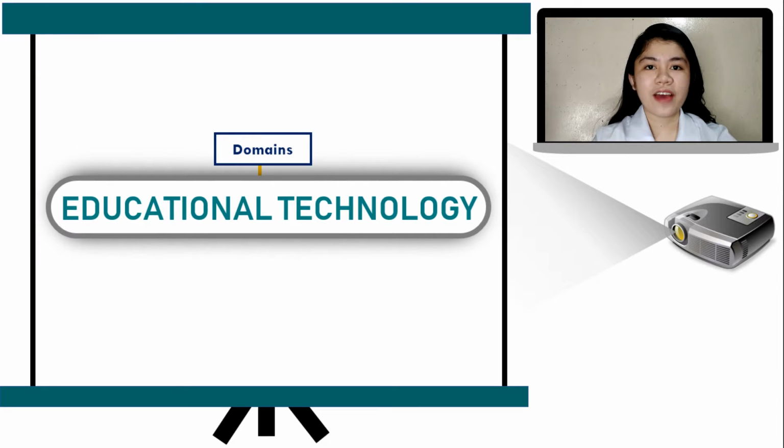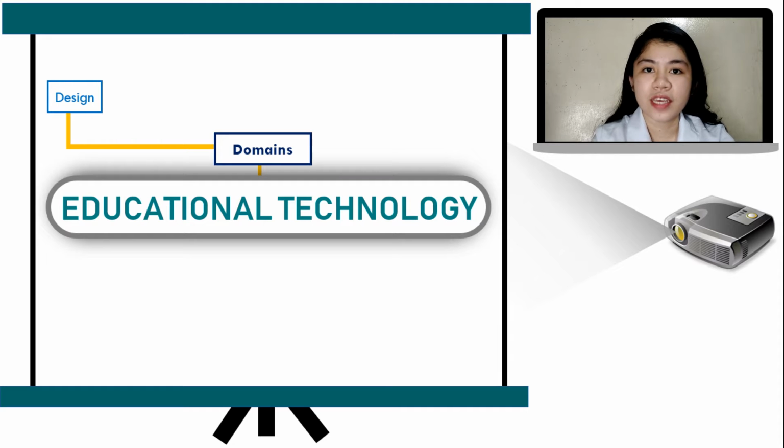Educational technology has 5 domains. First, we have the design. Design is a domain that focuses on establishing frameworks in planning educational technology. So as designers design educational technology, they will make it in a way that students can experience reality through the use of technology. They can also generate new ideas on how to present information effectively towards learners.